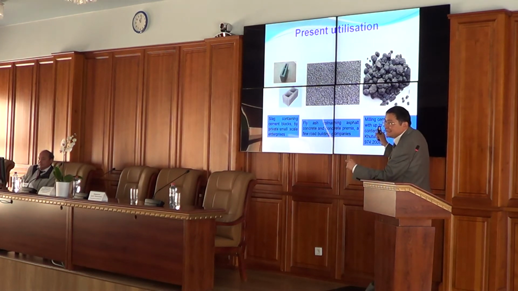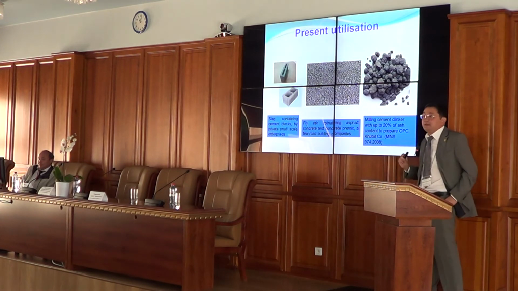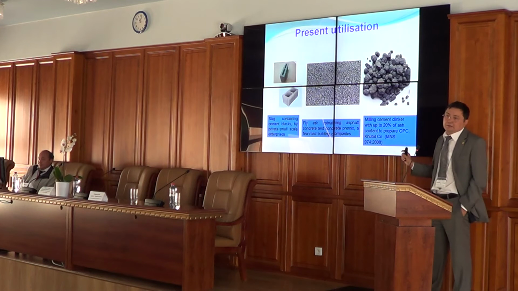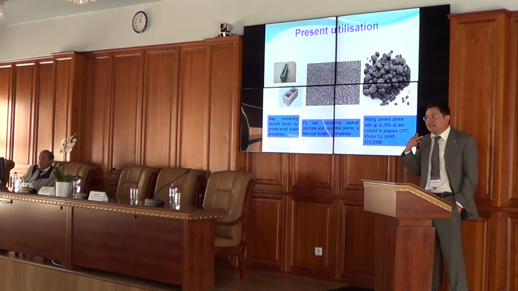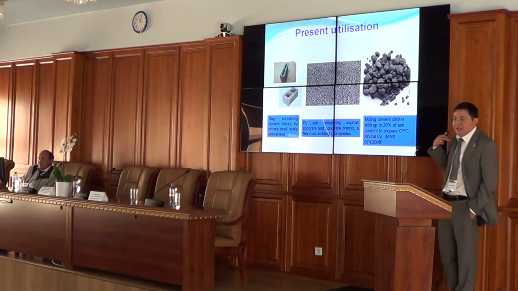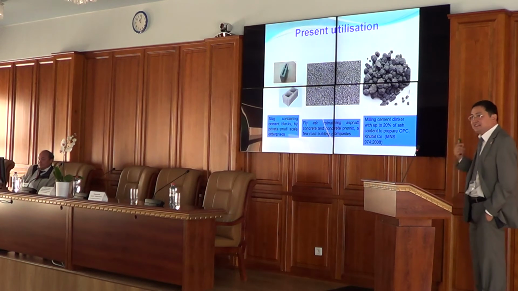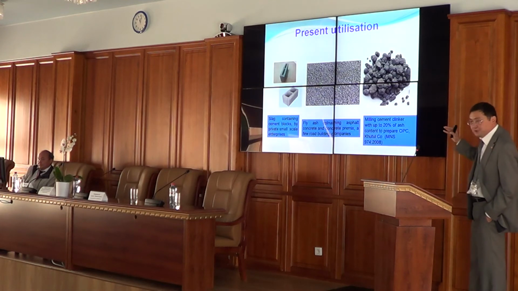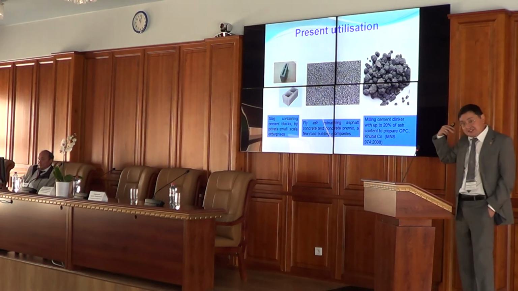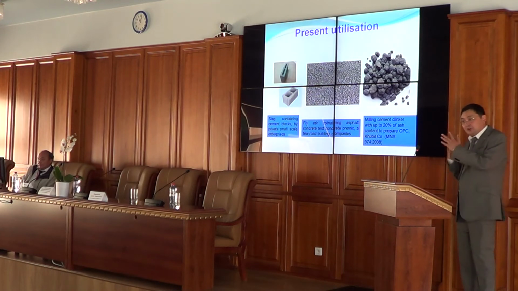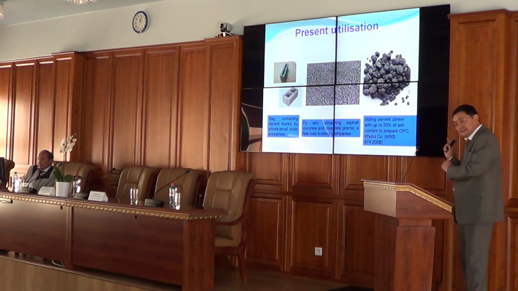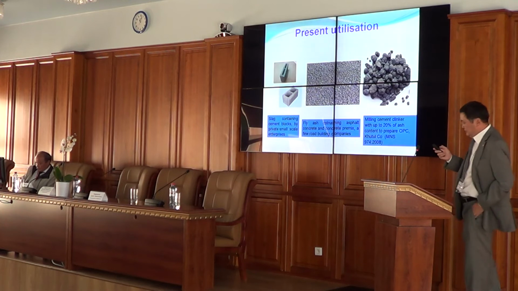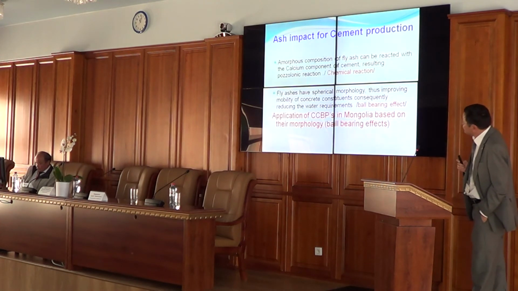It's very little used. Also, up to 20% of cement clinker in Mongolia. We have now already built 3 big cement factories, which produce 3 million tons of cement each year. And they try to use up to 20% slag or fly ash as a mixture or as a substitute for cement. It's a very important utilization perspective.